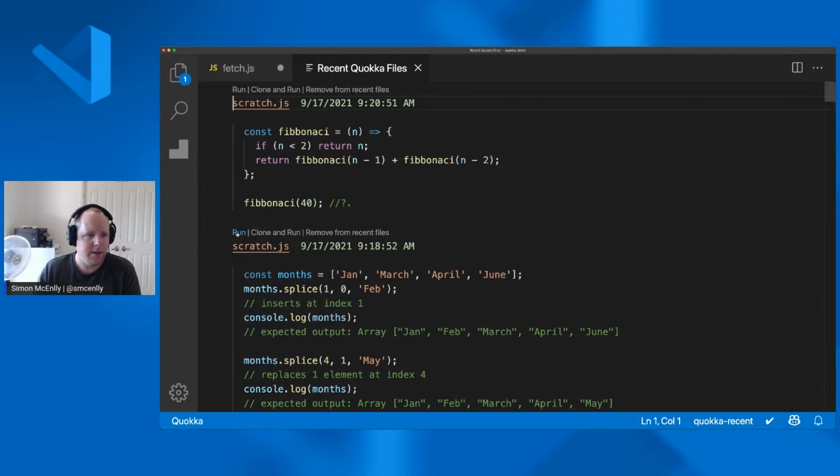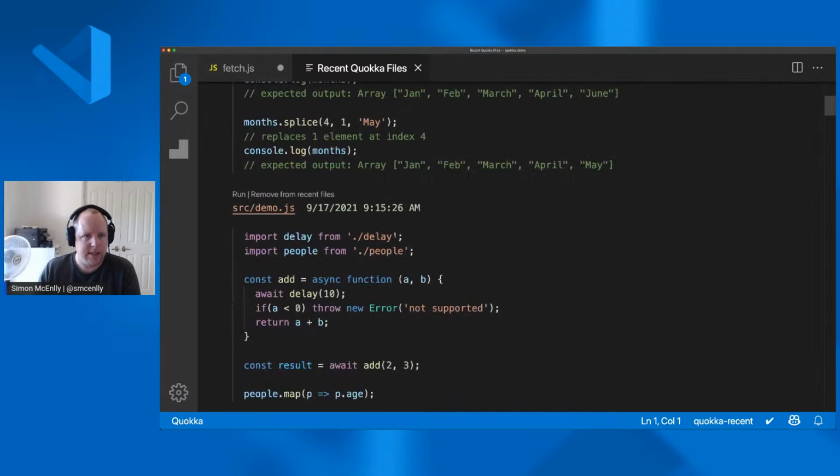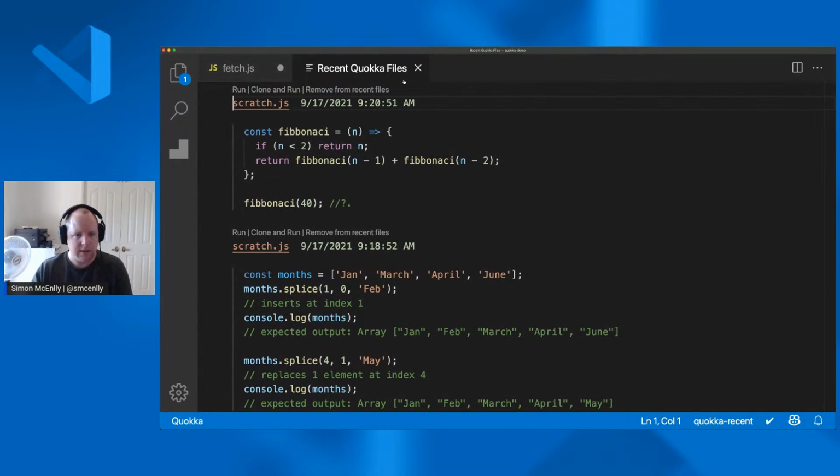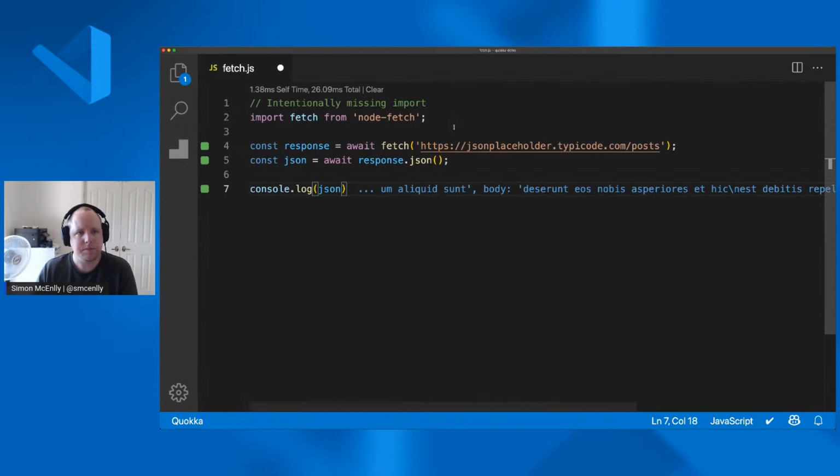If you're running it on a file that existed on disk, you can click run and it will run on the file as it exists on disk right now. Or if you wanted to run a copy of the code that existed when you were running it and make some modifications, you can select this clone and run option. So that's another handy thing. If you're creating a bunch of test files and you want to come back to something that you were working on before, you can use that recent files action.